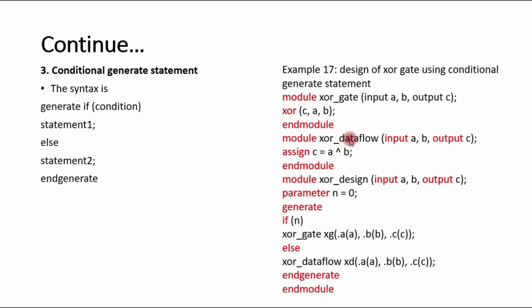xor_dataflow, it means data flow modeling style. XOR using data flow modeling. So in this case n is equal to 0, so xor_dataflow, this expression will be executed, and this one is the port mapping. Here we are using instance XOR here,